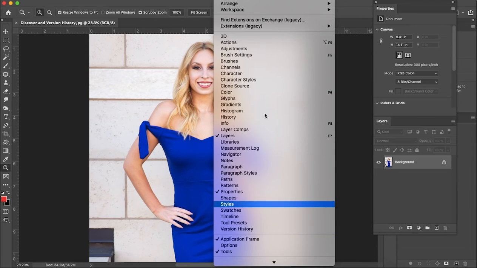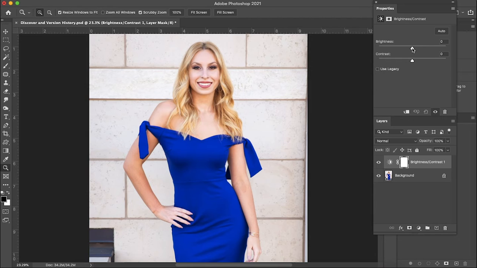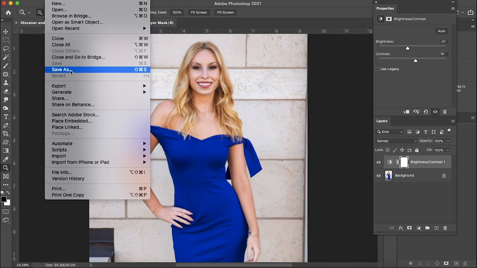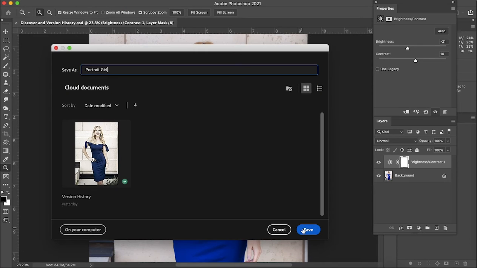versions of our document. So let's say I'm working on this image and I think it's a little bit too bright, right? Throw a little adjustment on here. Bring down the brightness a little bit, maybe increase the contrast. Good. So now what I need to do is actually save this document to the cloud. Okay, I'm going to go up here to File, Save As, because this version history only works with cloud documents. Okay, so if you haven't enabled it already, I'm going to click down here to Save to Cloud and hit